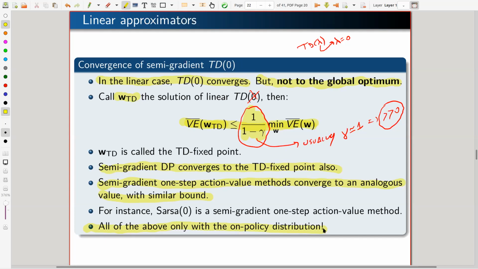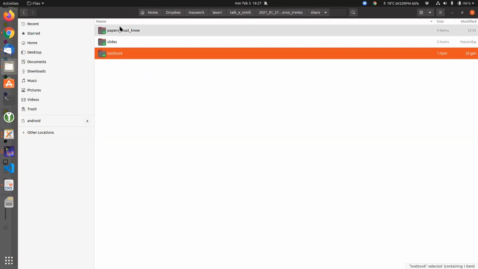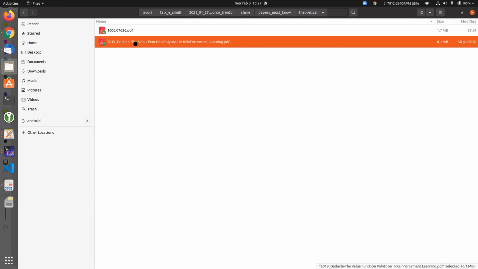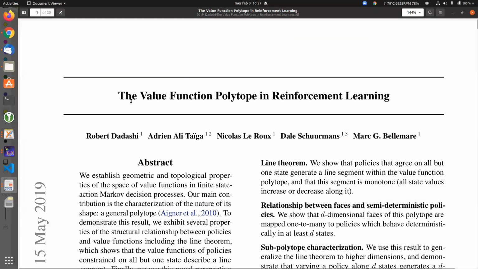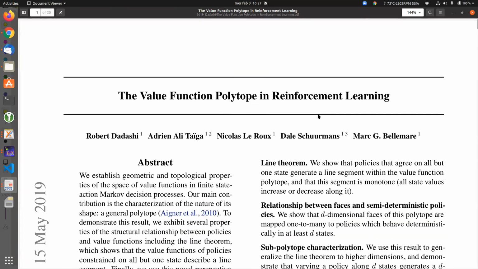Okay, if you are interested in the geometry of the space of value functions, I suggest you read another paper that I have put here. Yes, this paper is describing the value function space, and it is proving that the value function space we are talking about is a polytope. That means it is sort of a linear space. Okay, this is very interesting, and of course we can't enter into detail, but you can try. I think it would be fun also